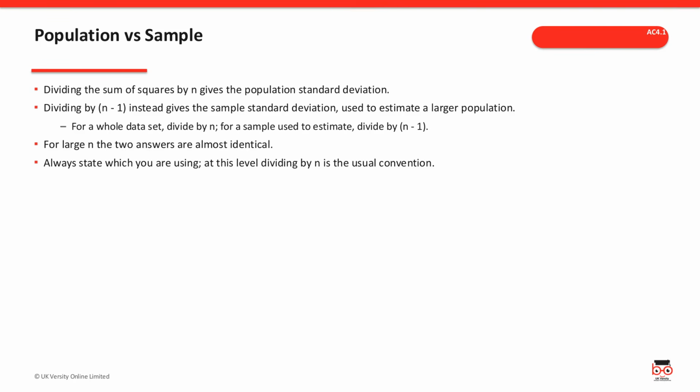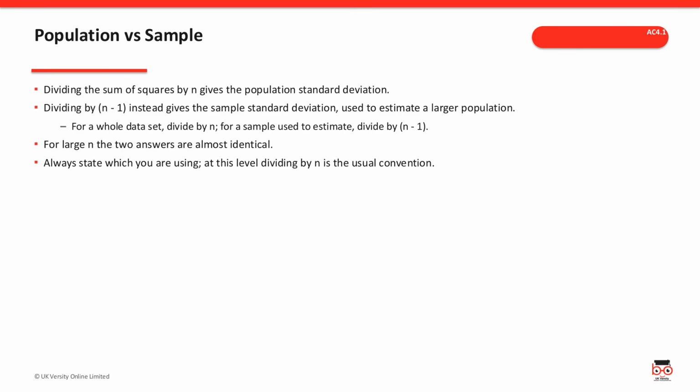There's a small but important choice here. Dividing the sum of squares by n gives the population standard deviation, when your data is the whole set. Dividing instead by n minus 1 gives the sample standard deviation, used when your data is a sample you're using to estimate a bigger population. For large n, the two barely differ, but always state which you're doing, and at this level, dividing by n